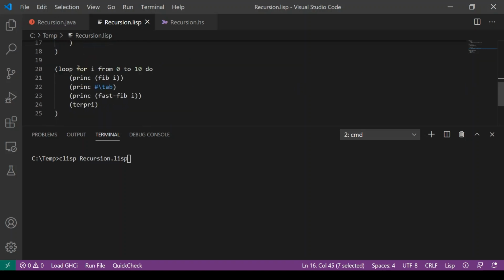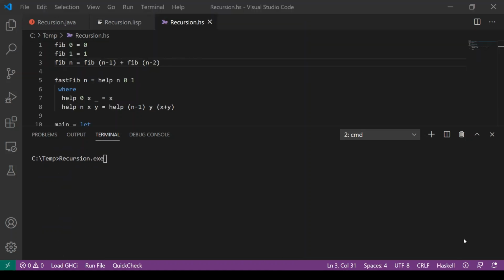This code can be tested here with Common Lisp's loop construct. We'll print out both the naive version and the efficient version with a tab between, and the results are identical to what we saw in Java. Finally, we have examples in Haskell,